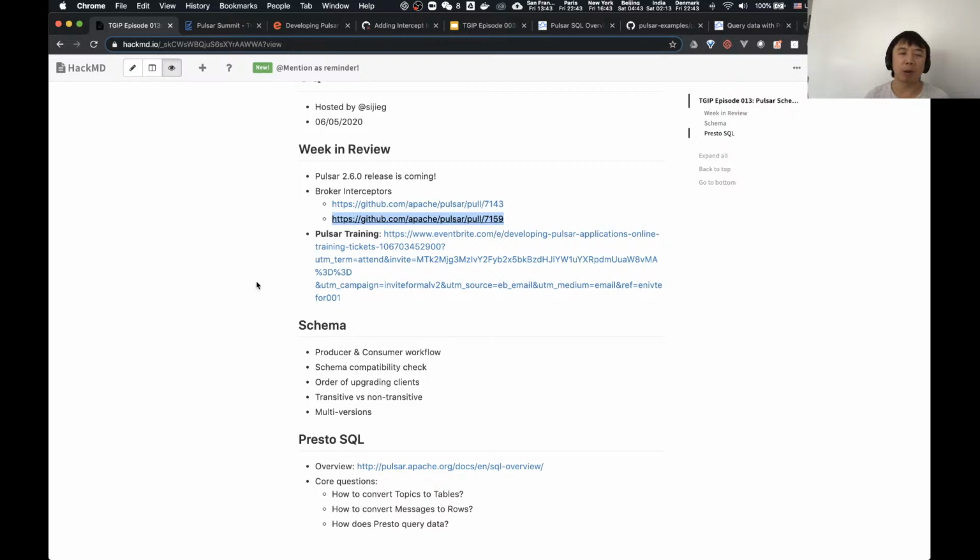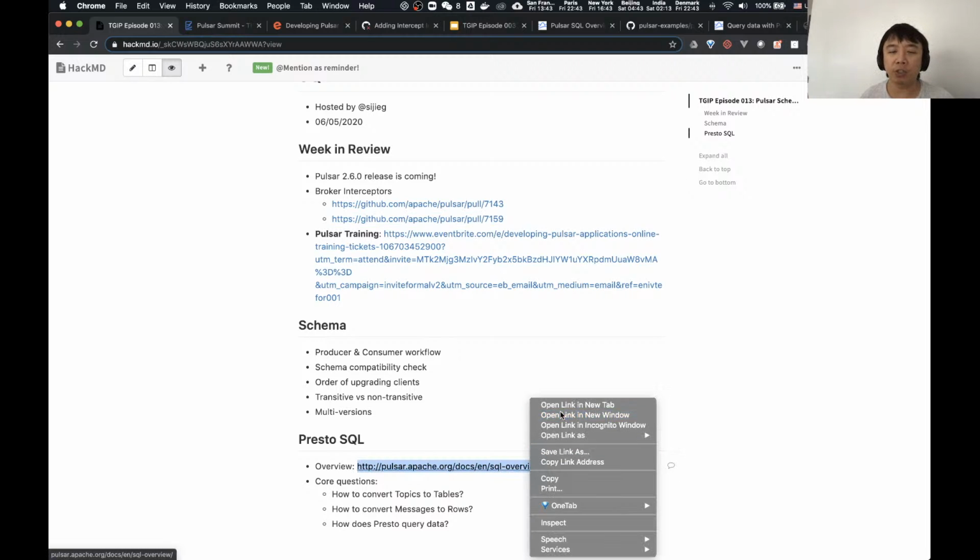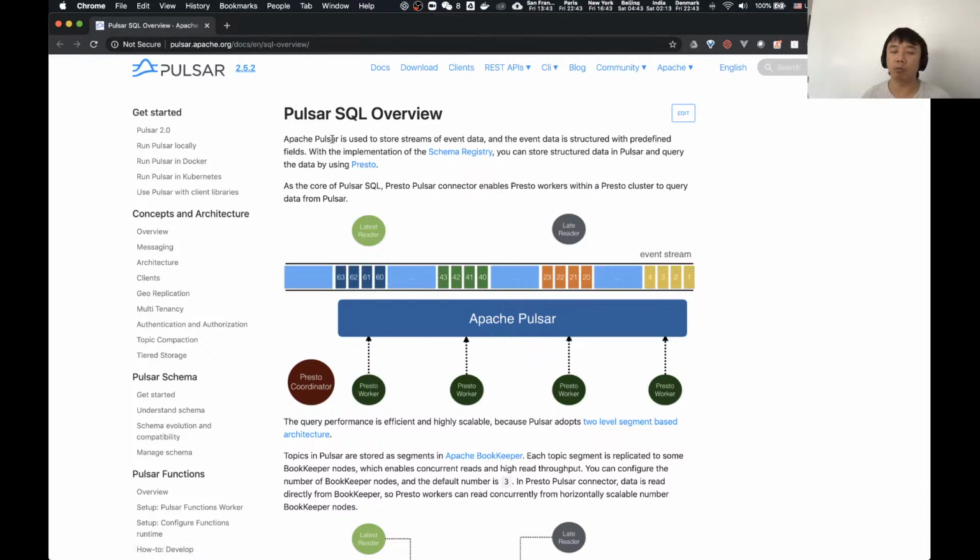And next episode, I'll probably talk about Flink, because that is done in a very similar way. And after Flink, we'll probably talk about Spark integration as well. I think those are done in a very similar way, but the most important connection here is the schema. And going back to Presto, the Presto integration